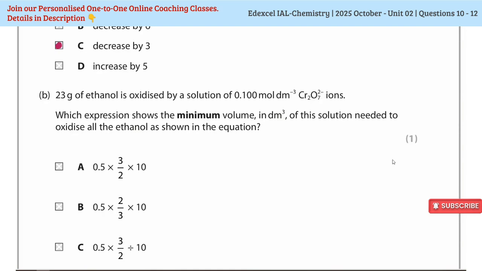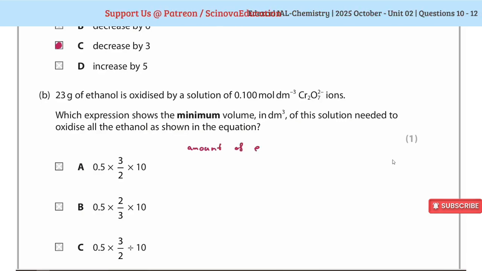So first of all, we can't deal with just grams. We have to convert it into moles. We have to find the amount of ethanol, by dividing the mass